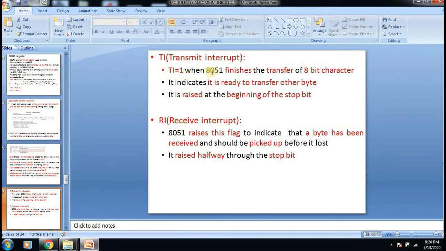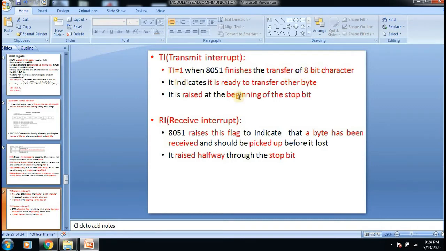When the 8051 finishes the transfer of an 8-bit character, it raises the TI flag, asserting this interrupt.